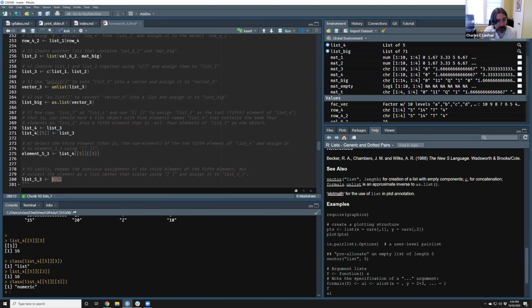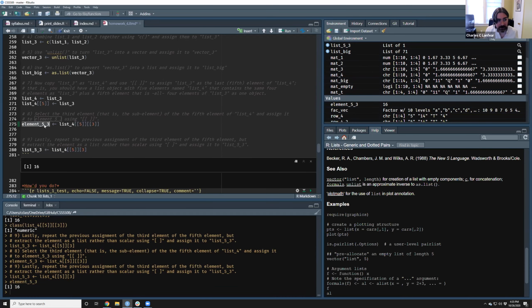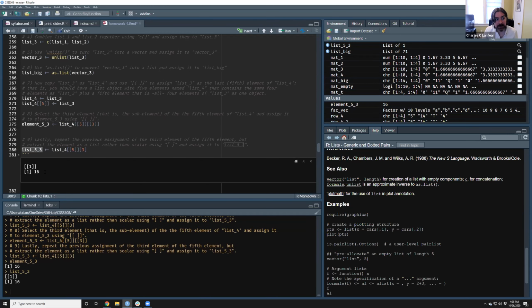So to do that, we do it with the single brackets. So the difference again, this is a single length 1 vector, the number 16. This is a list containing a length 1 vector with the number 16. Single and double brackets are a weird thing. R is a strange language. You get intuitively used to it.